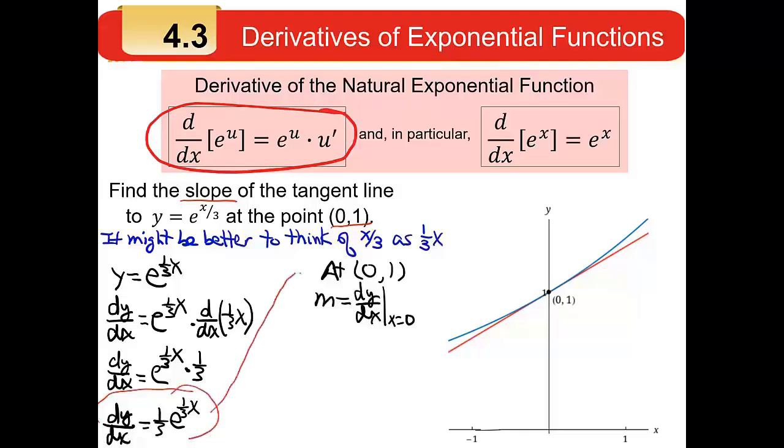So what we have to do is take the derivative, which represents the slope, but we want to plug in x equal to 0, because the formula says there's an x in the derivative. So you have to take that out and plug in the actual number. So at the point we're interested in, x equals 0, when you plug 0 in, you get 1/3 e to the 1/3 times 0. Well, 1/3 times 0 is 0. Any non-zero number raised to the 0 power is 1. So you're really just doing 1/3 times 1. So the slope is